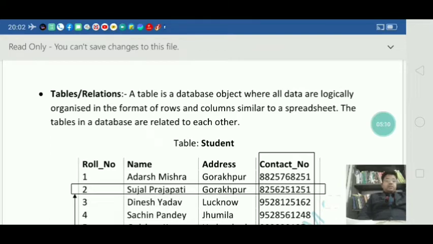But if the amount of data is very large, then it is easy to handle by creating more than one table. When the amount of data is very large, if you store all those data in multiple tables, it is easy to handle them, because day by day the amount of data will grow.